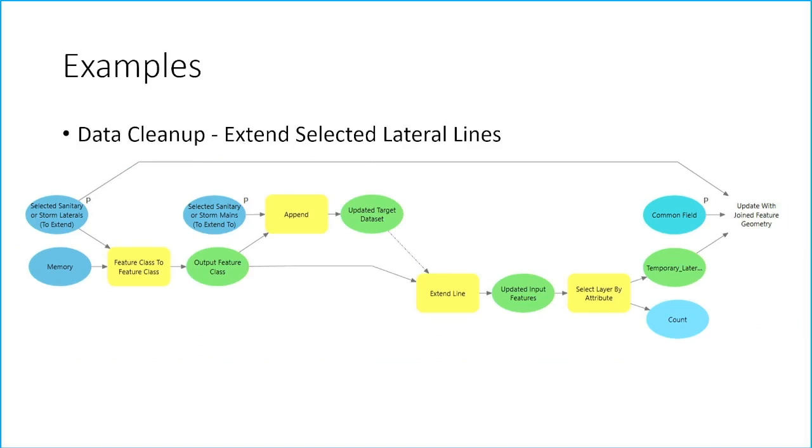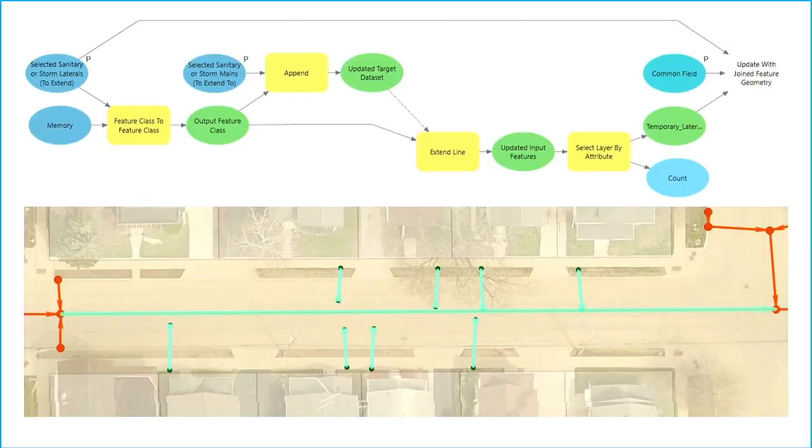Data cleanup. Let me jump to the slide here. It's easier to look at the picture. In this case, we have some GPS data. If you know what marker balls are, they're a device that they can GPS when these laterals are put in the ground and there's a trench in the ground. So we can digitize those easily and snap to them, but our end goal for our utility system is to have a whole connected network. So we actually want our lateral lines to be snapped to these marker balls, but